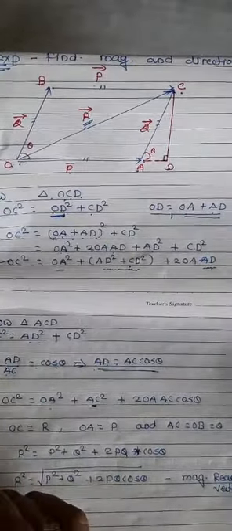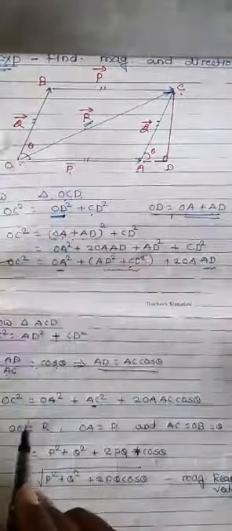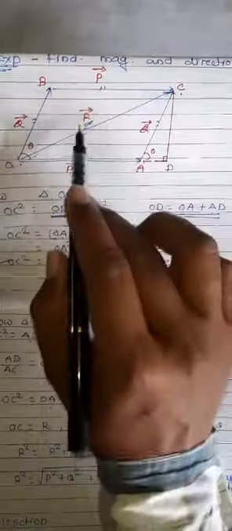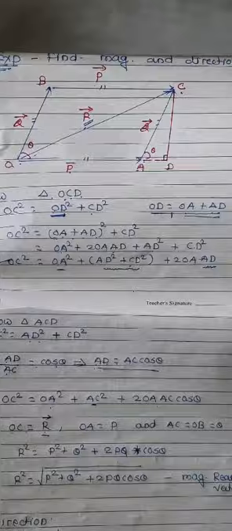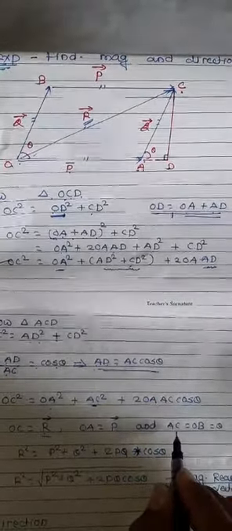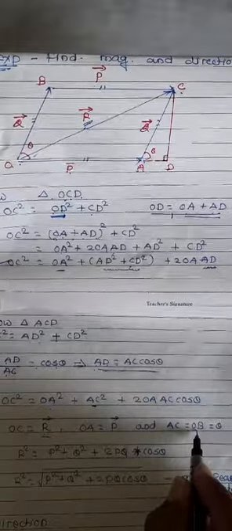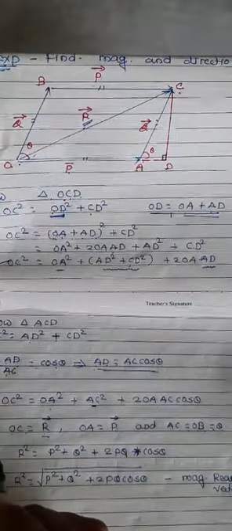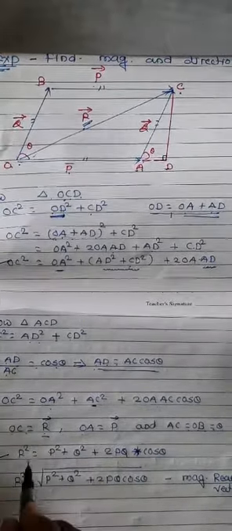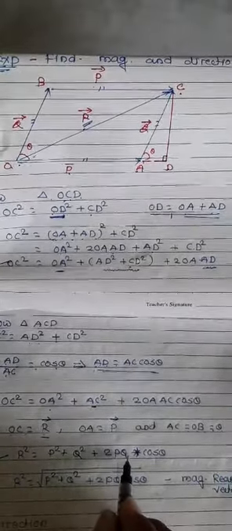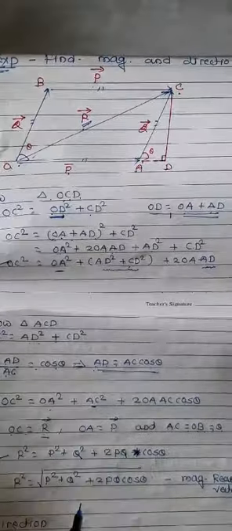Now on this diagram we have to know that OC is equal to R bar. This is the resultant vector R bar. Now OA is equal to P bar, isn't it? And AC is equal to OB, which is Q bar, and theta is the angle between them. Putting it into this equation, R square is equal to P square plus Q square plus twice of PQ cos of theta, isn't it?